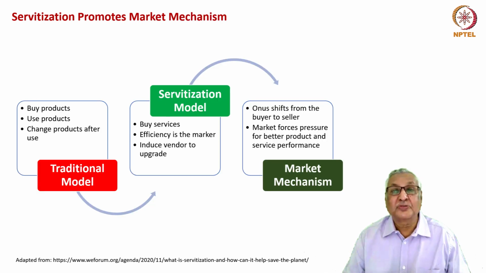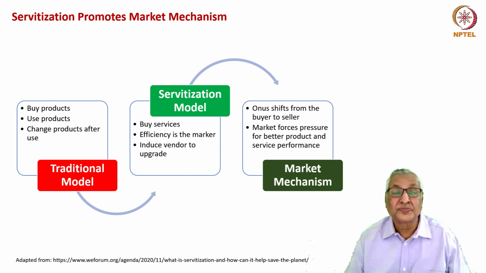Servitization also promotes market mechanism. Any mechanism is as efficient as the efficiency of the markets. In the traditional model, we used to buy products, use the products and change products after use. If we think that the product has become obsolete, that product gets replaced, and the company also goes all the way to project the new product as being an appreciably better product than the established product and induces the customer